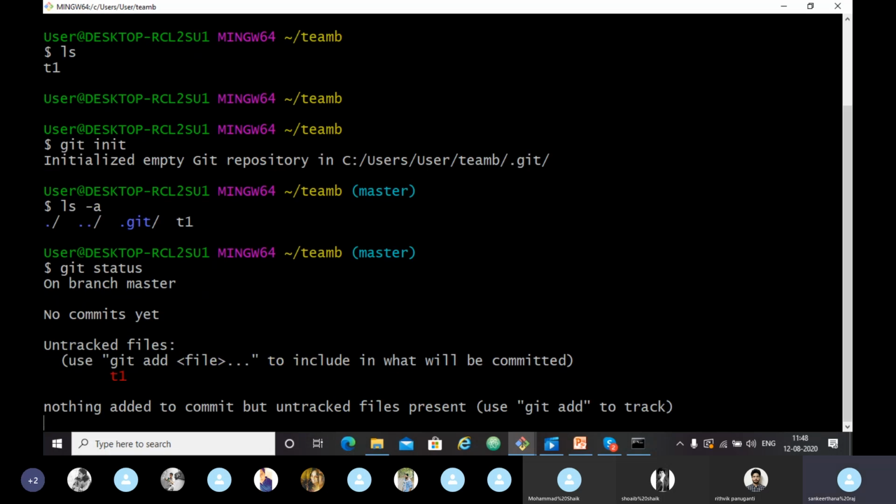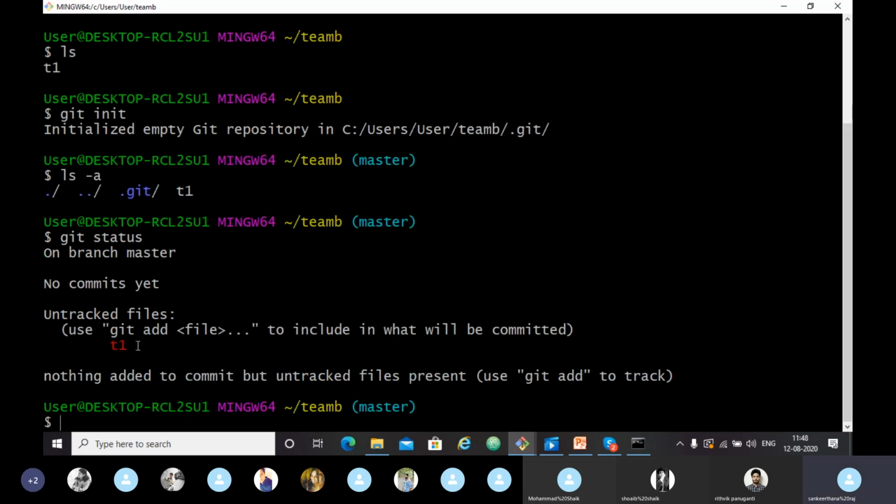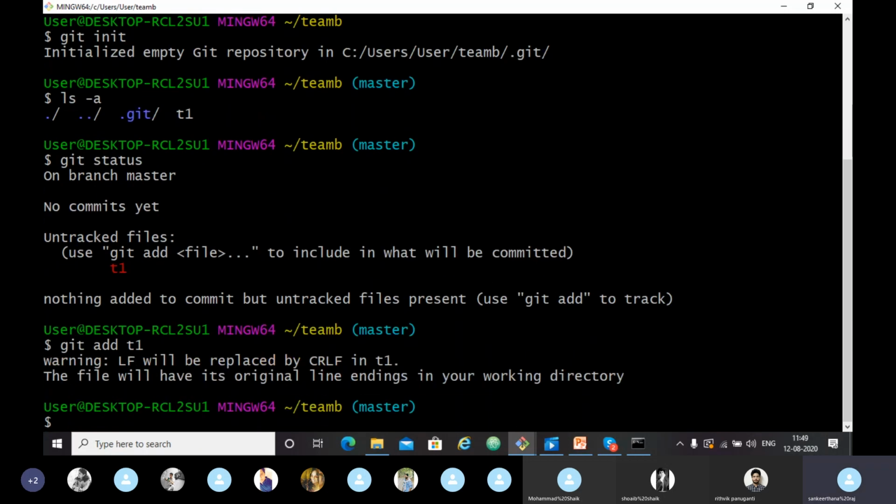Okay, let's move on. Now let's see git status. It tells that T1 is an untracked file. It's not being tracked by Git. So to make it tracked, we just have to type git add. It will give a warning, so we type again git add T1.